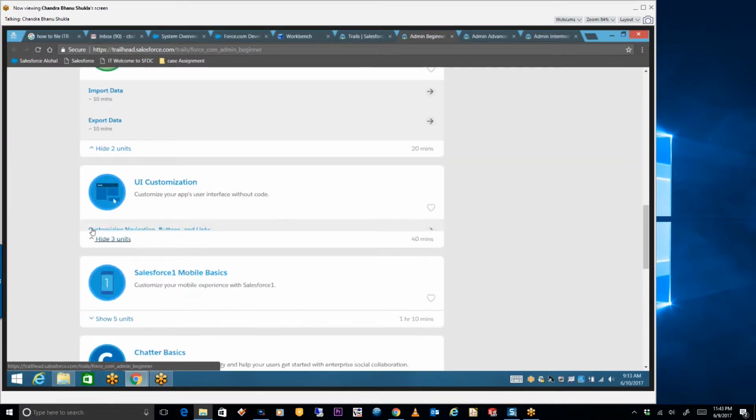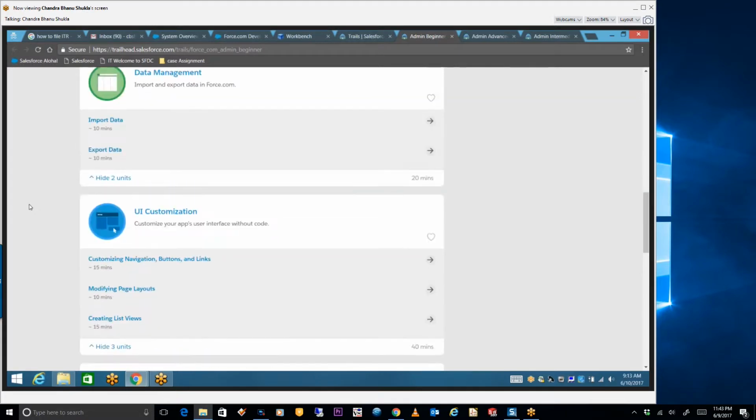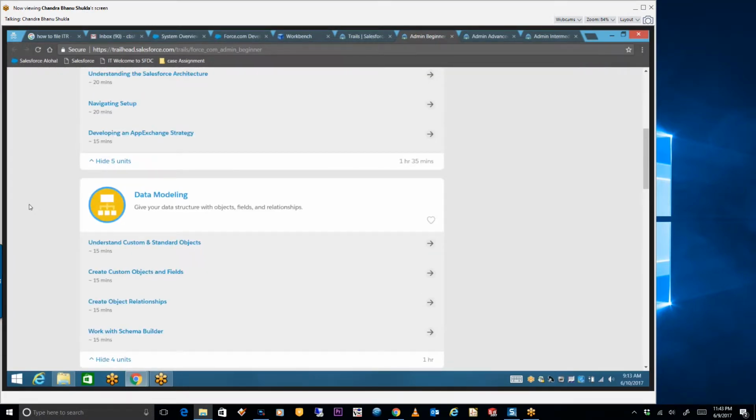I'm saying this because these are the Trailheads where all the topics Salesforce uses are listed. In the meantime I will teach you everything, but when you follow these steps, you have a sequence for learning. You can say: I did this, now I have done this much part of the questions, these are the scenarios I need to work on, these are the interview questions they will ask, and these are the things I need to modify.